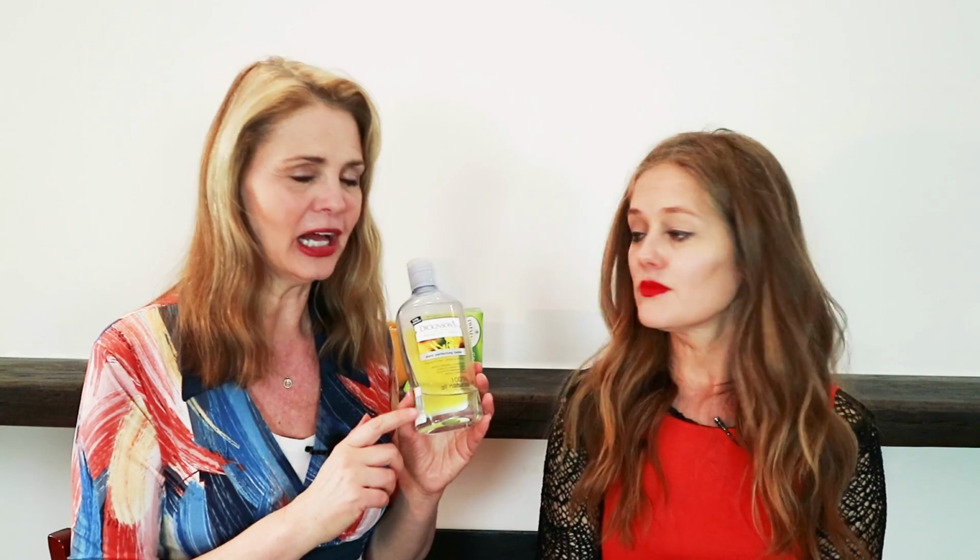In the morning, after I wash my face, or in the evening after I wash my face, it brings back the pH balance to your skin. I like to use a little bit of a scrub at night, just to get my makeup off. And I'll show you, we're going to talk about beauty, natural beauty and vegan finds later. But what I like to do is use a toner. A toner is